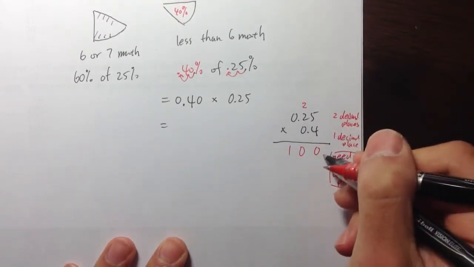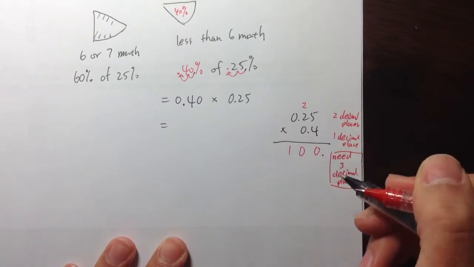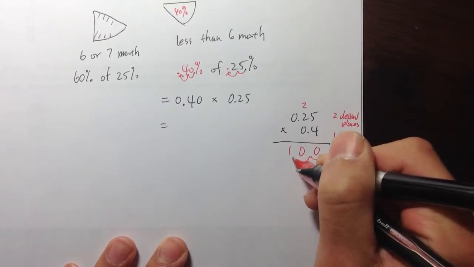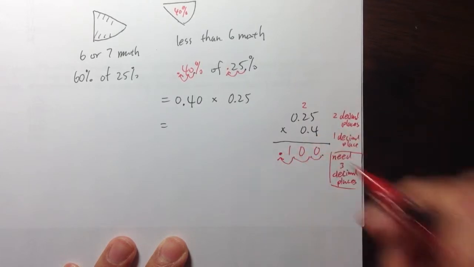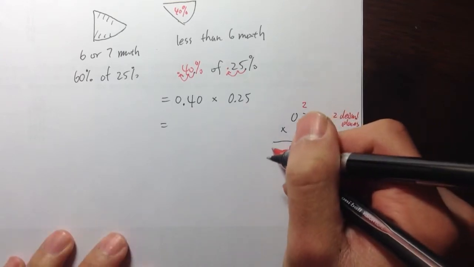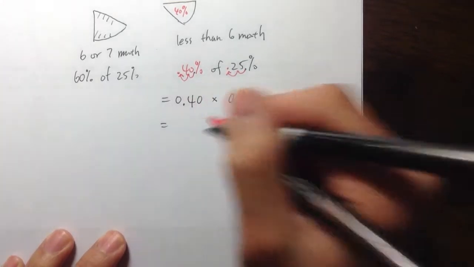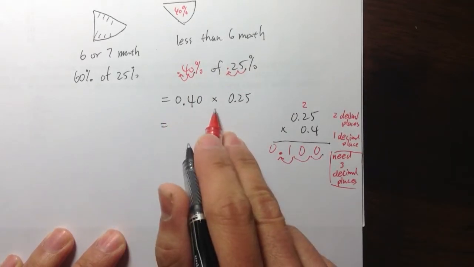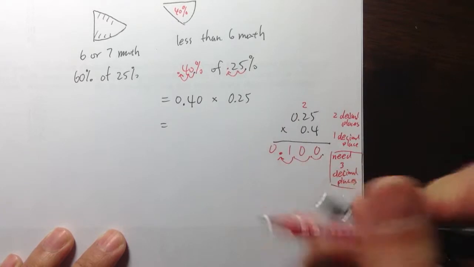We start off all the way to the right, and then I'm going to move this decimal point once, twice, 3 times, and that will be where the decimal point is. So let me have a 0 in front of that. 0.40 or 0.4 times 0.25 is